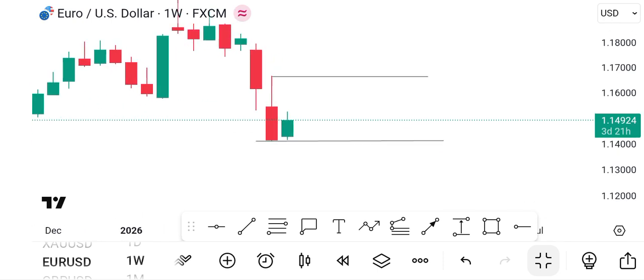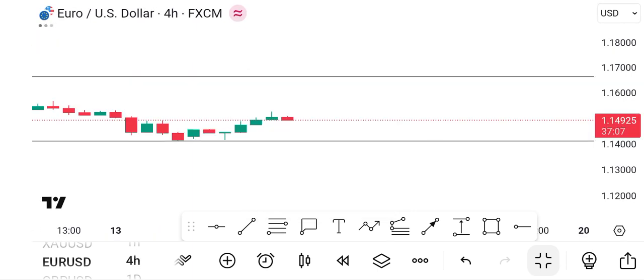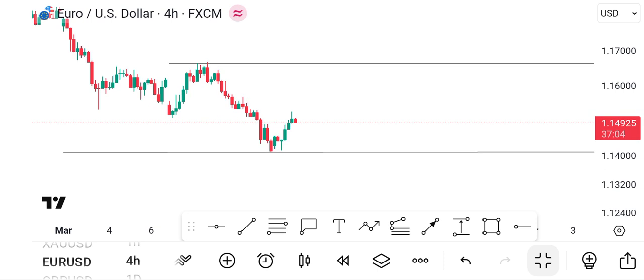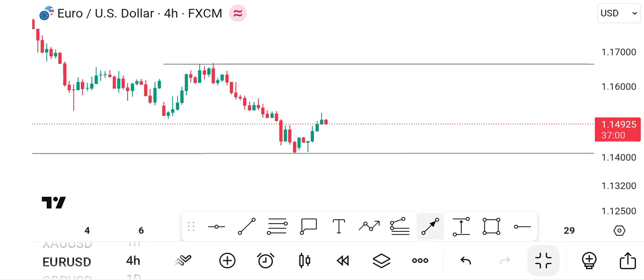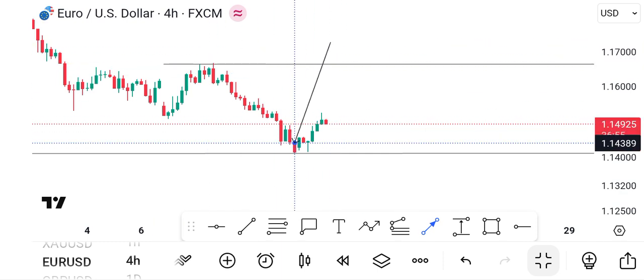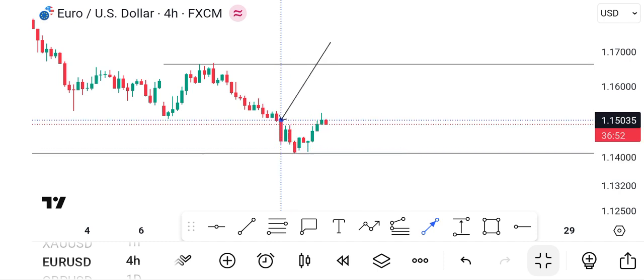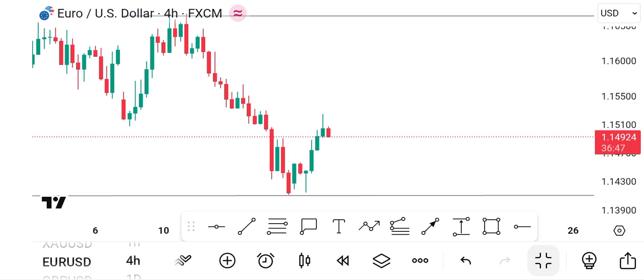Now instead of going on the daily time frame, I would rather just switch to the 4 hours time frame so that we can get a clearer perspective of what we should be looking out for. So here's the 4 hours time frame, and you remember what we did? We identified this happens to be the previous week high and this is the previous week low. Okay, so what next are we to do is to check